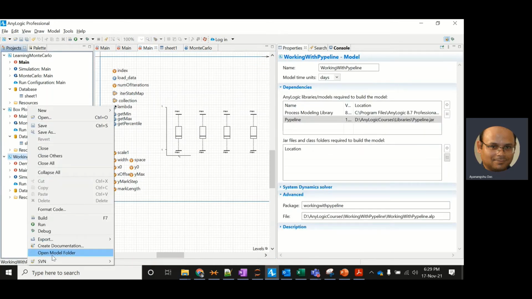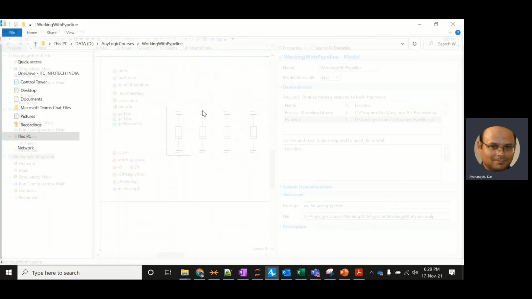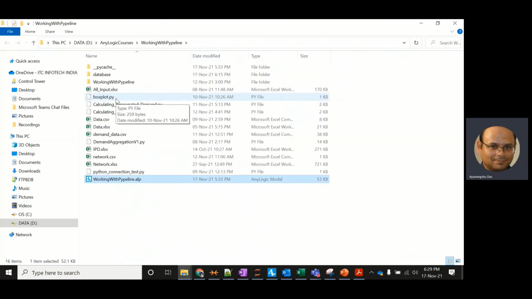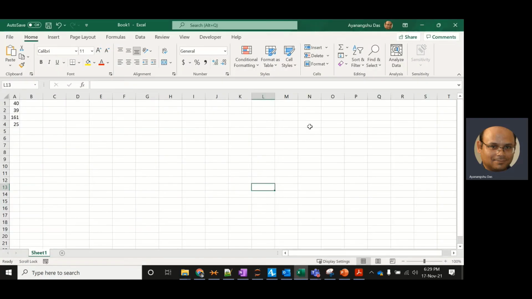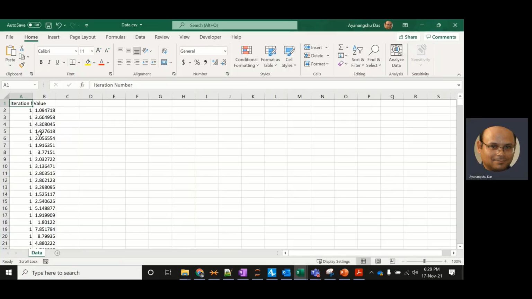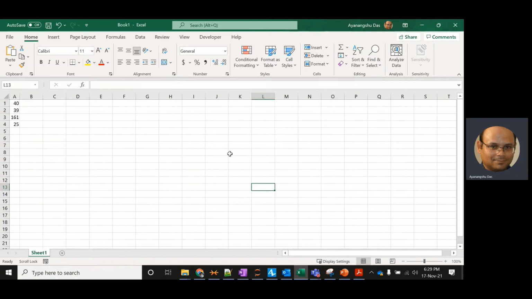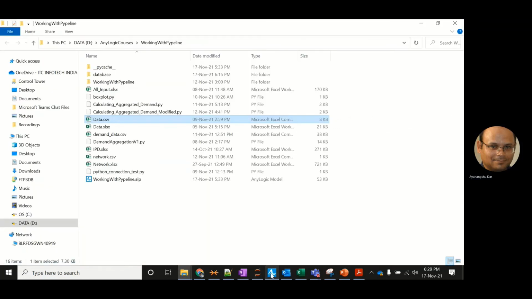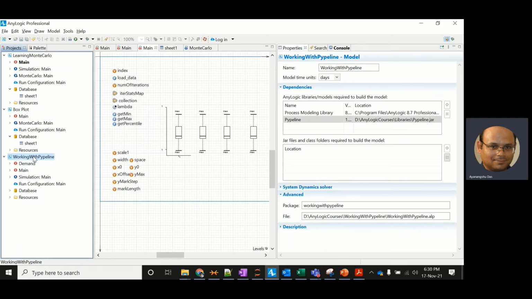So I have saved the output of the Monte Carlo experiment in a CSV file for 5 iterations, and I'm calling the box plot in the Python file itself, and calling the Python file from